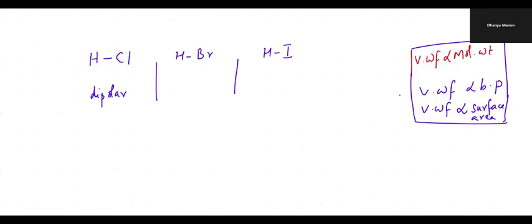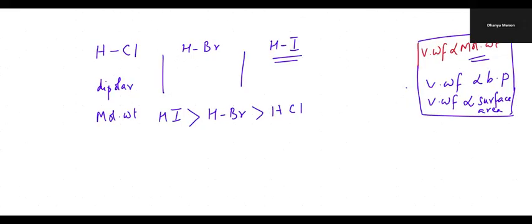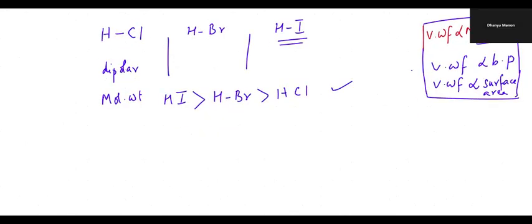Next, if the force is the same, you will check the molecular weight. Obviously, hydrogen is the same in all of them. Hydrogen iodide will have higher molecular weight, so it will have higher van der Waals force, then HBr, and then HCl. Right. This is correct, no problem in this. But if I have an additional hydrogen fluoride here,